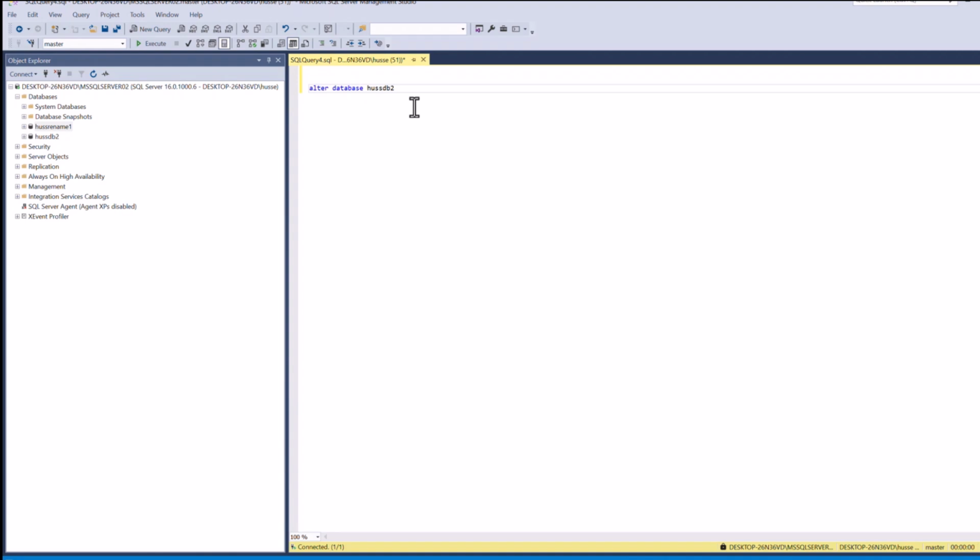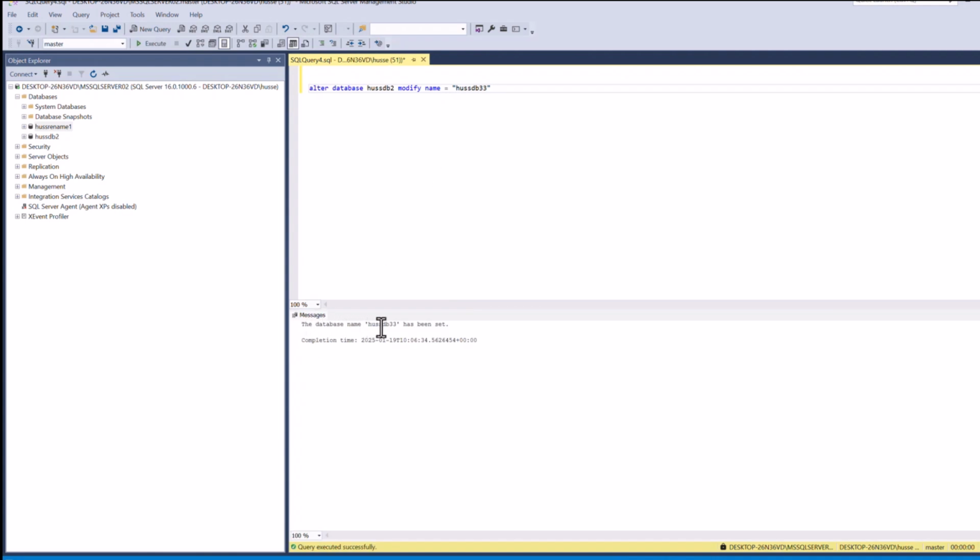Let's just rename db2 and modify. And then what do we want to modify it to? So let's just say we want to call it host db33. And then now if we run that,